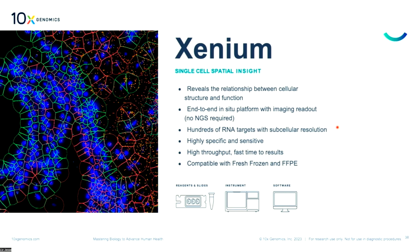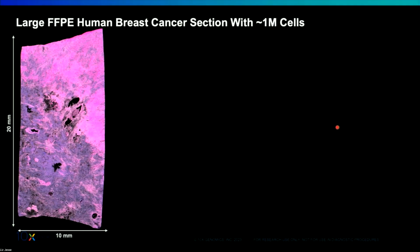We will be launching a 5,000 plex capability next year. And instead of being a sequencing-based platform, this is an imaging-based platform. But it really allows you to get to that subcellular resolution. It's high throughput because you're working with a larger tissue capture area and is compatible with a lot of different sample types. Now, to show the power of Xenium, I'm going to show this very large human breast cancer tissue